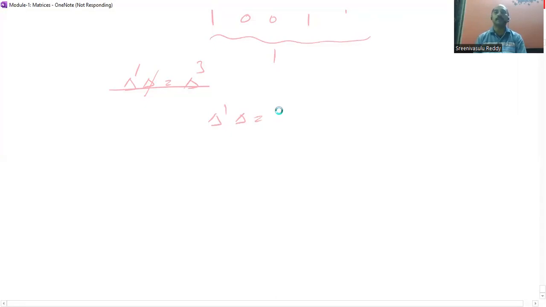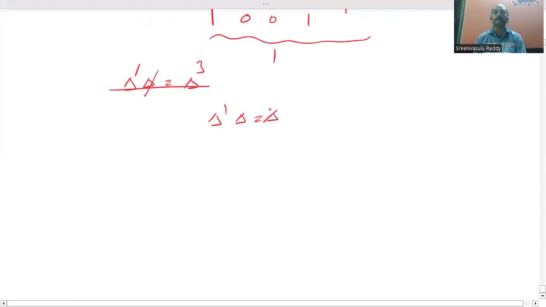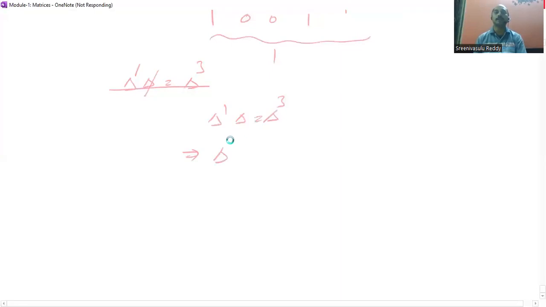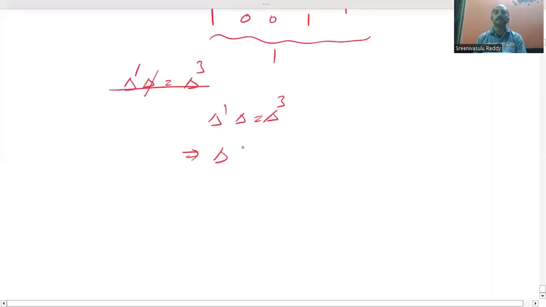Del dash del equal to del cube. So cancel out del from both sides. We get del dash equal to del square. Del dash equal to del square. That is,